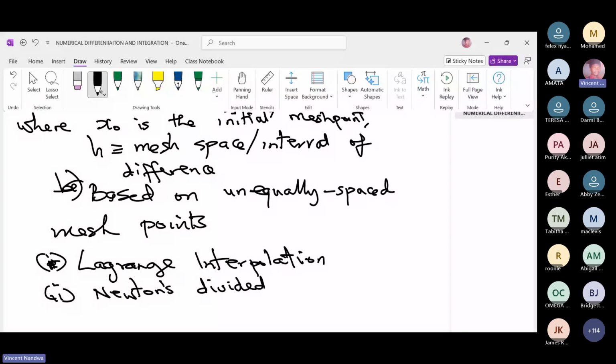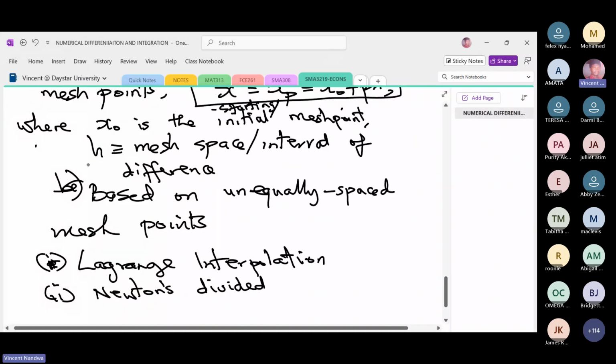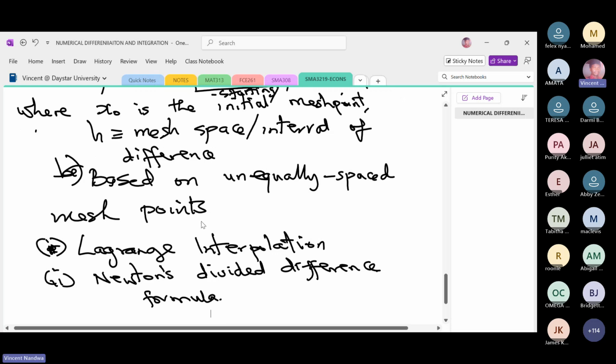So it's good for you to check and then see how each of these formulas are applied, because we will set them. And what we call